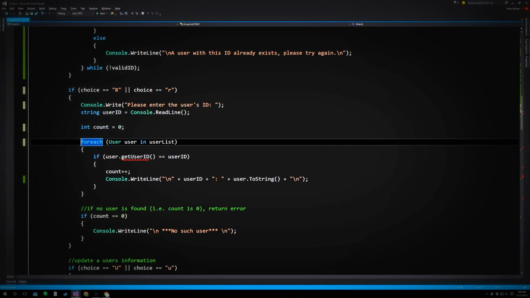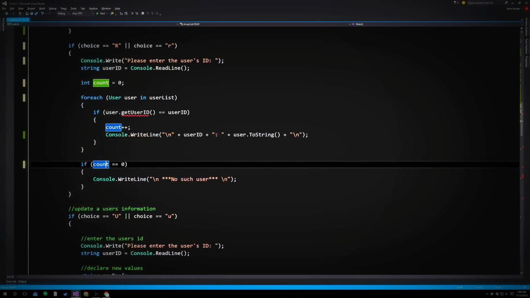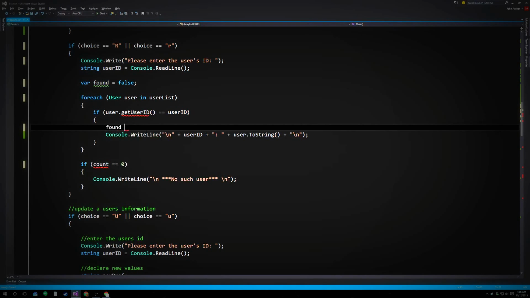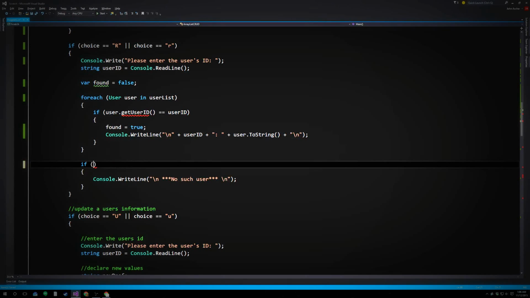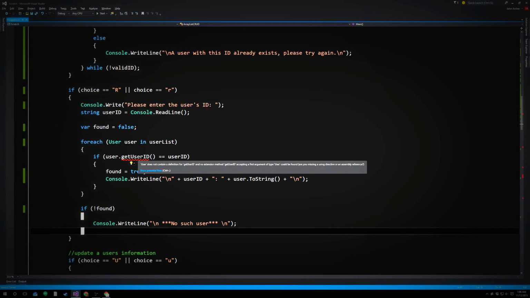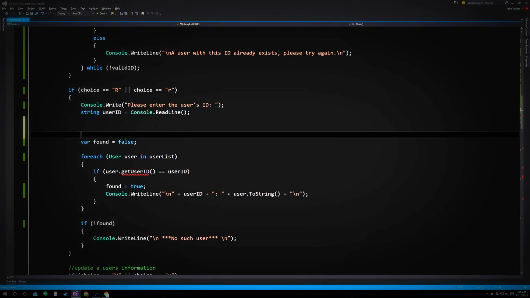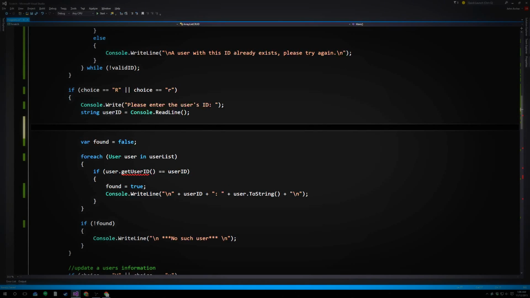You have a counter here, and you're not actually counting anything. What you would have wanted to do here is a Boolean, so like if, and then down here you would say found equals true, and then if found, or if not found, then you do that. But that's not really the pattern that I would go with personally. What I would do is something more like